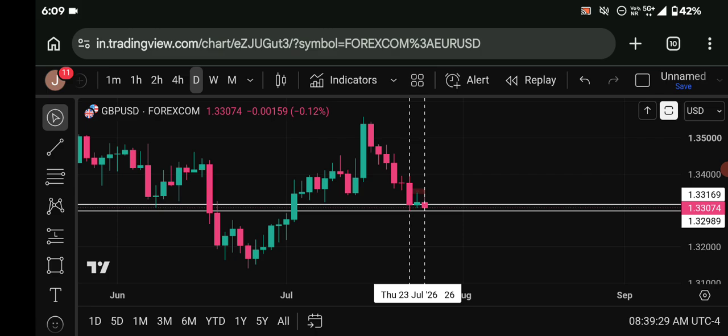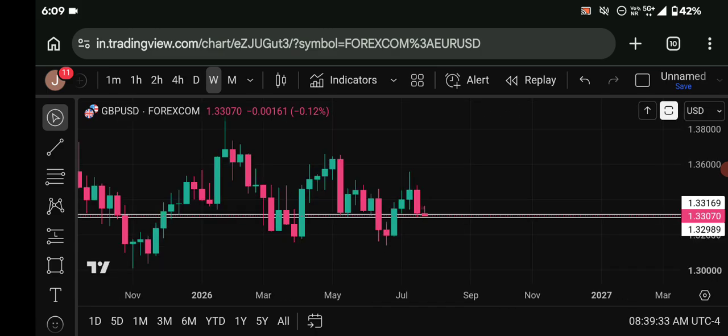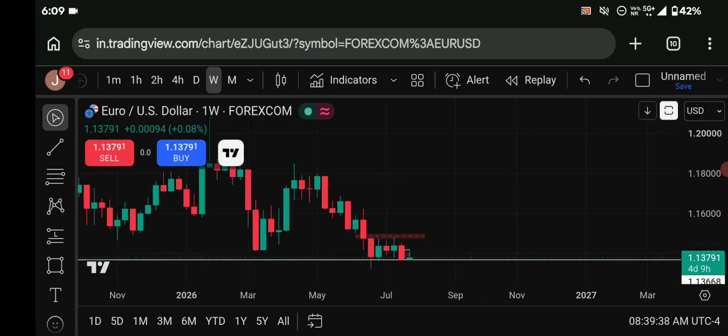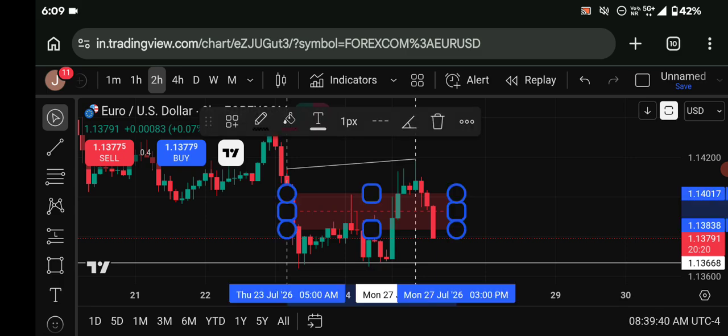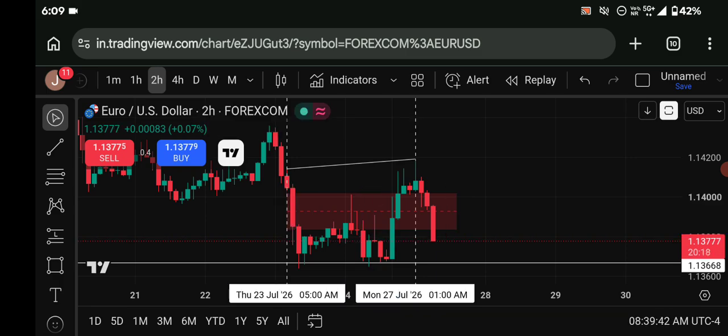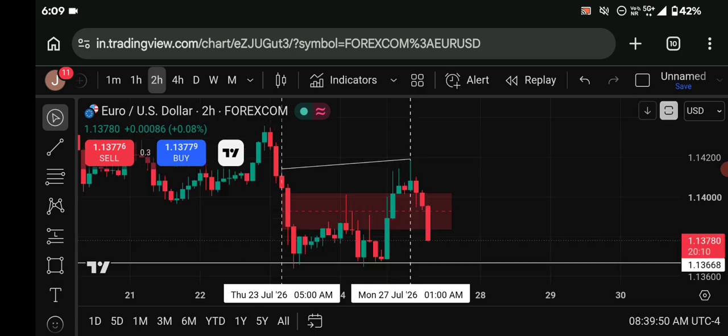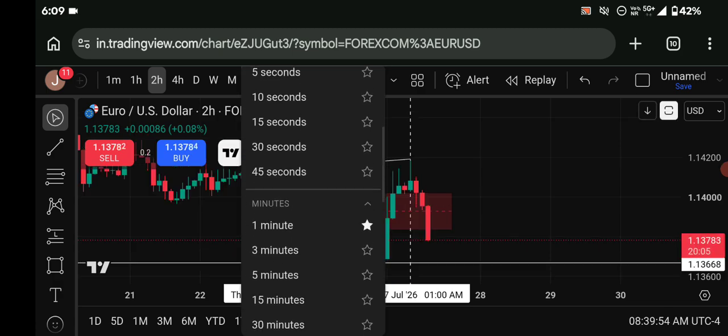So weekly IRL to ARL on GBP and Euro USD, then 2-hour SMT where this bearish fair value gap on Euro is disrespected and price made a buy side liquidity sweep, whereas the same bearish fair value gap is respected by GBP, and you can see that it is very close to our drawn liquidity on GBP. And after that on the 15-minute chart, if I open,